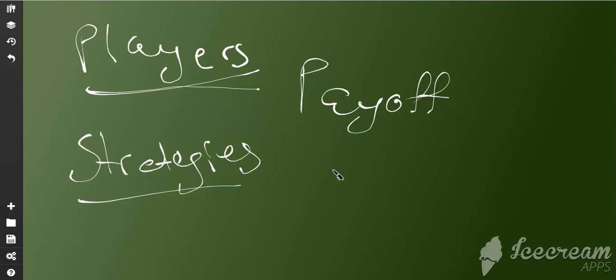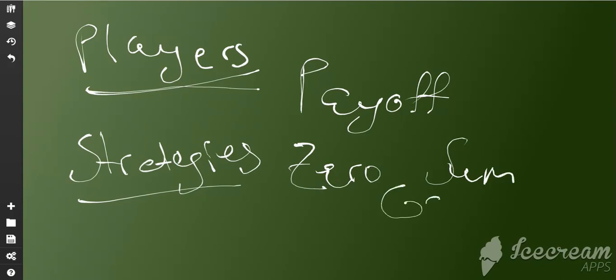So zero sum game, what are they? In zero sum games, the gain of one player is always equal to the loss of the other player. That's the zero sum game, okay? And the last one is the non-zero sum game, which can be transformed into a zero sum game by adding one dummy player,